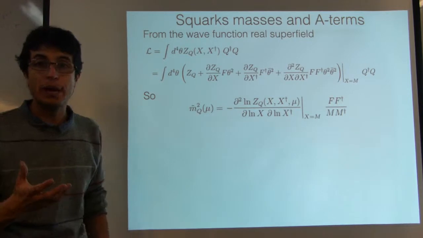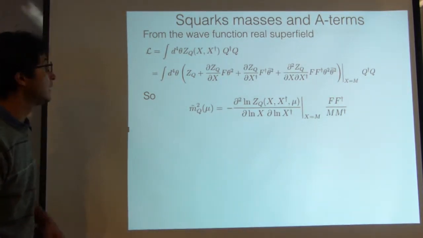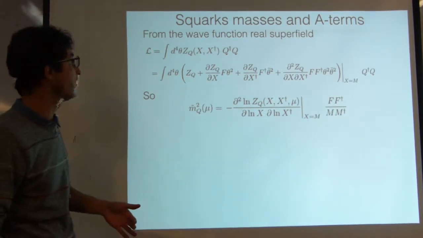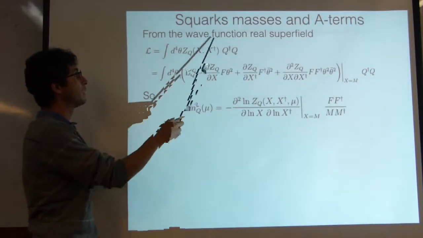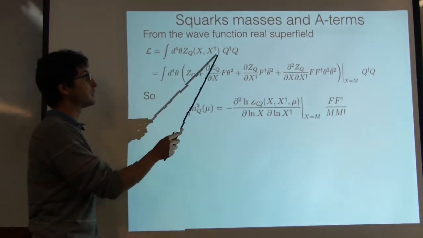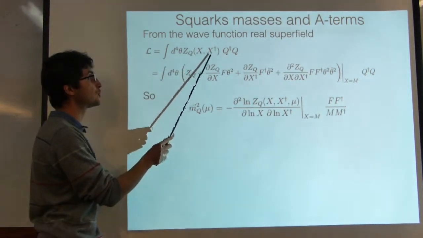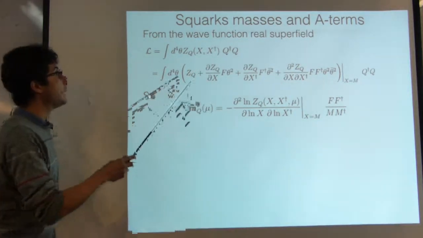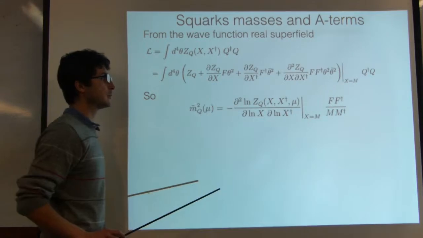Okay, so we were able to compute the gaugino masses. Now we would like to compute the soft scalar masses, and for doing this we have to compute this guy here. Remember, this is a superfield. Now it's a real field, so it can depend on X, but also on X dagger, the antiholomorphic part, and we can expand this in powers of theta, and you get something like this.